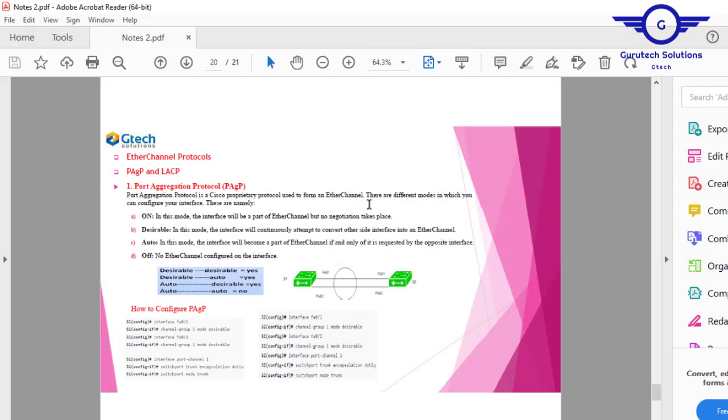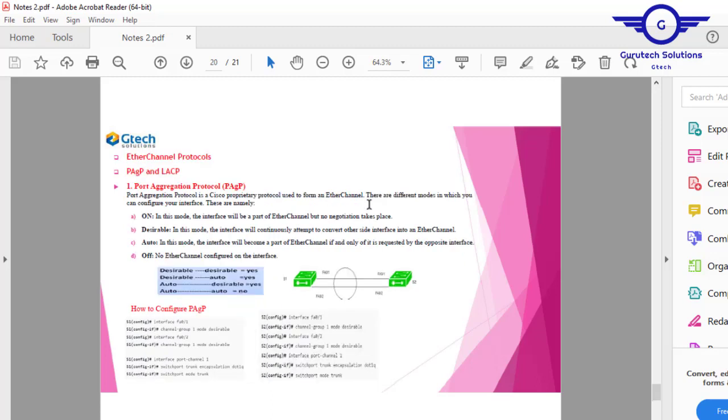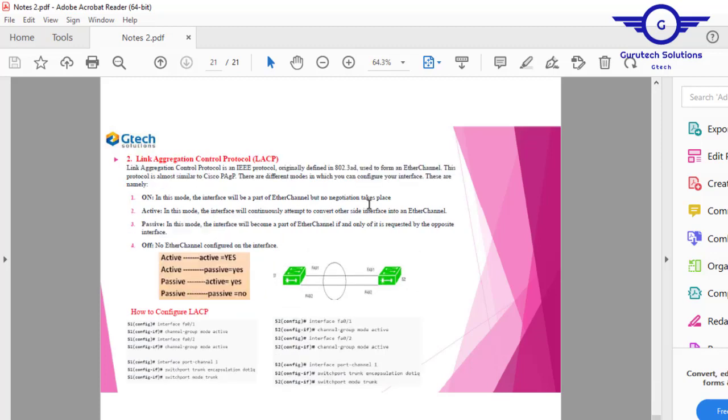Among the protocols that we were going to use are PAgP, which is Port Aggregation Protocol, and LACP, which is Link Aggregation Control Protocol. I said that Port Aggregation Protocol is a Cisco proprietary protocol that was developed by Cisco, and it only supports Cisco devices. But LACP is a standard. It supports all networking devices and products, be it HP, Huawei, Cisco, Juniper, Dell, etc. So today I want us to go to the practical part of the two,